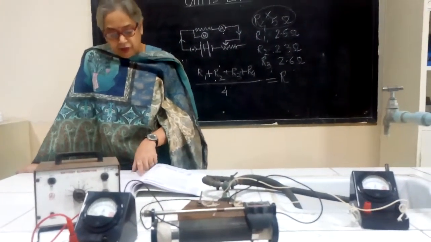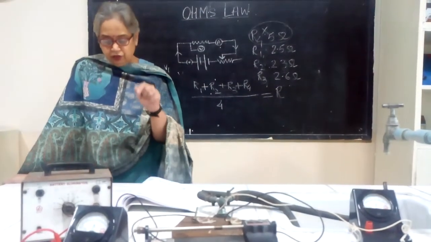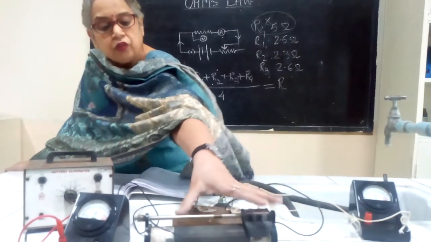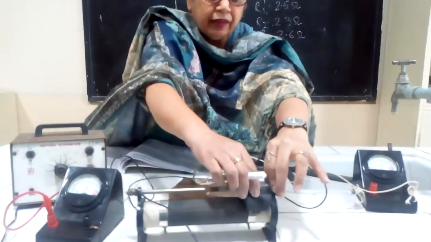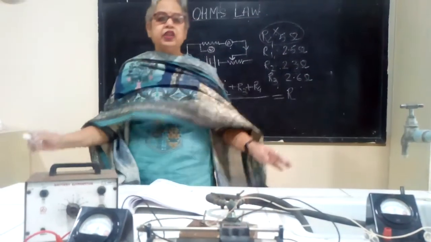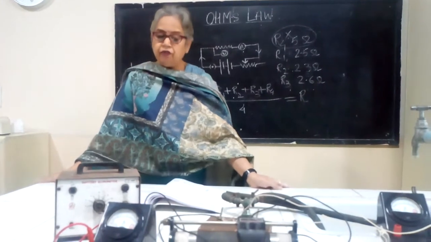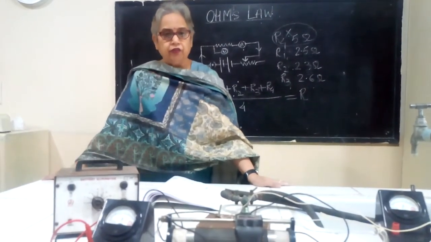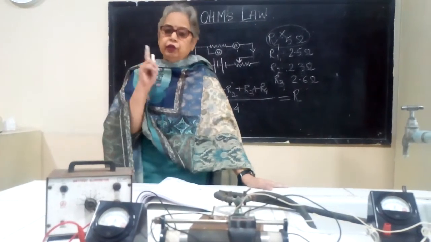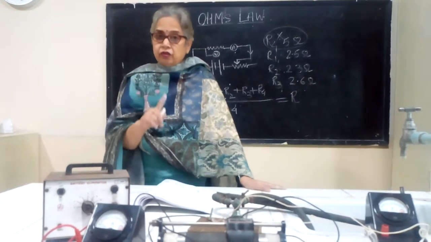Okay, then once the circuit is connected, insert the key and check the rheostat. Right, this is your rheostat. Okay, so this can be slid. On sliding, what you are actually doing is changing the length of the wire. Right, and when you change the length of the wire, the resistance of the circuit changes, and due to that the voltage and the current also change.